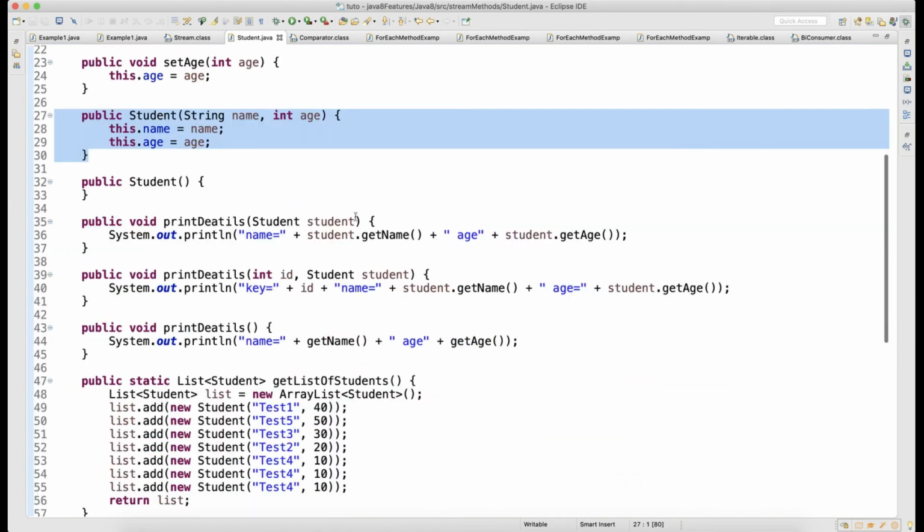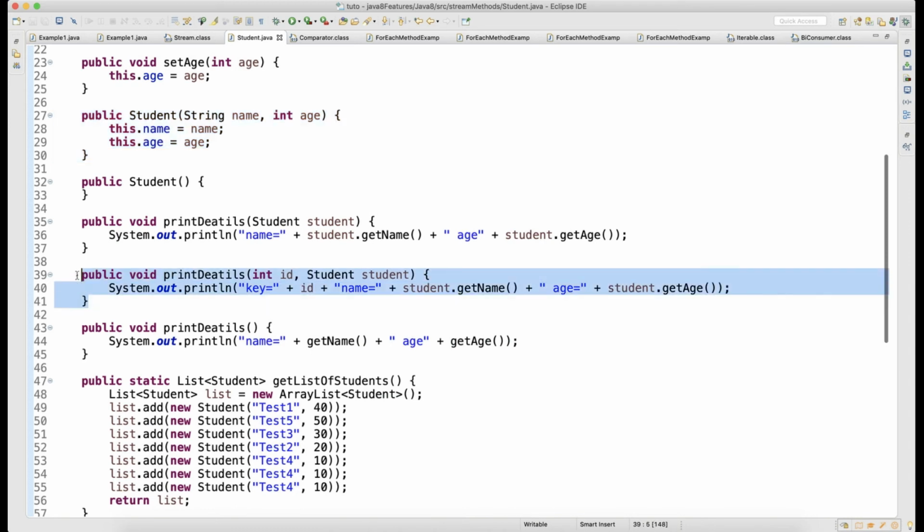So what data will you get for the ID? You will always get 0, because the integer default value is 0. So you are going to get the key always as 0, and this will change based on the object that gets supplied.